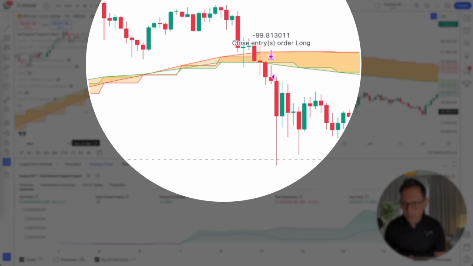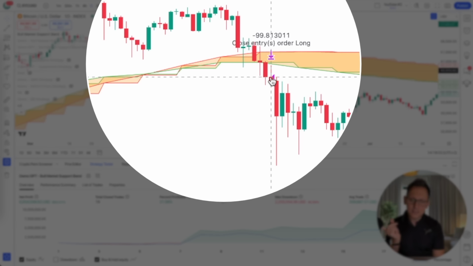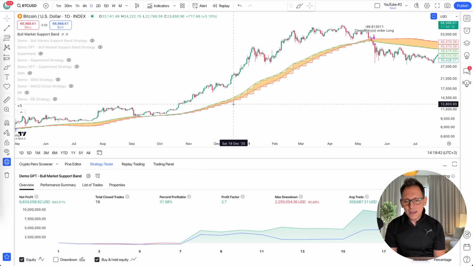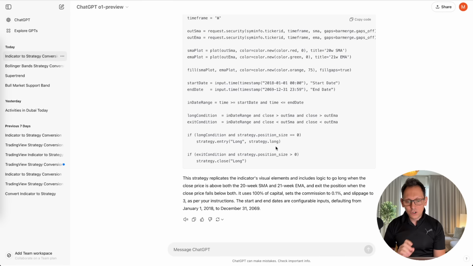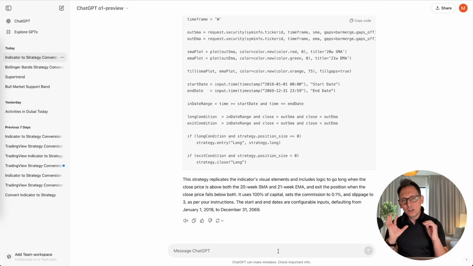Let me double check here if that is the case. Yeah, so it should sell here, right? Because this is the cross of the indicator, but it sells way later. So for me, that looks like it's selling when it goes below the line instead of selling when there is a cross. Let's see. Let's go back to the ChatGPT version and let's tell it that we want to buy